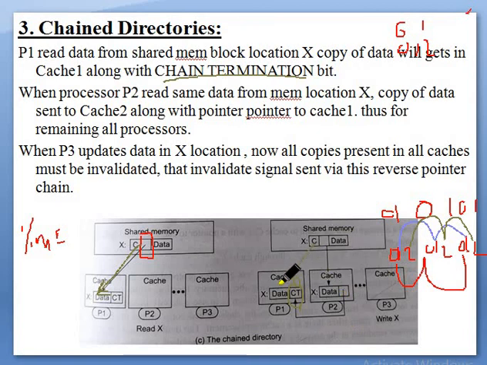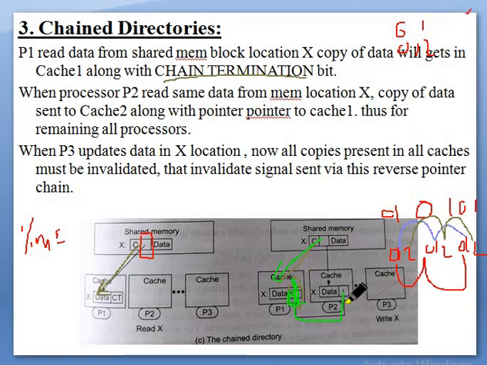See, first p1 requested for the data. Its chain termination was null. The second time, p2 requests the data, so a copy of the data is sent, and the chain termination bit of the earlier one becomes 1, or you can mention it as 2. Why?